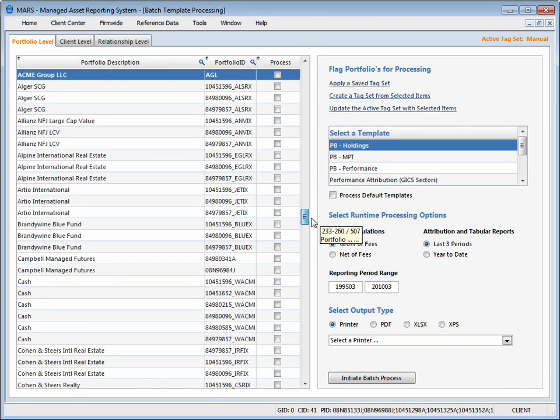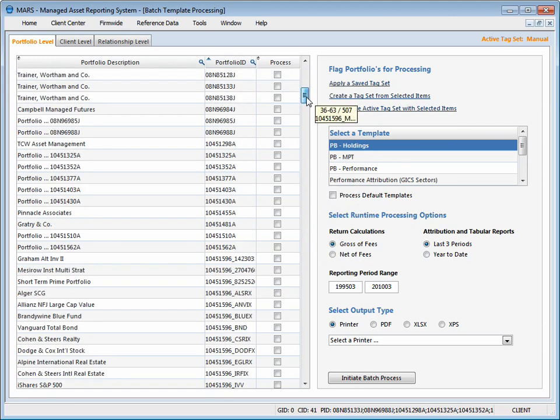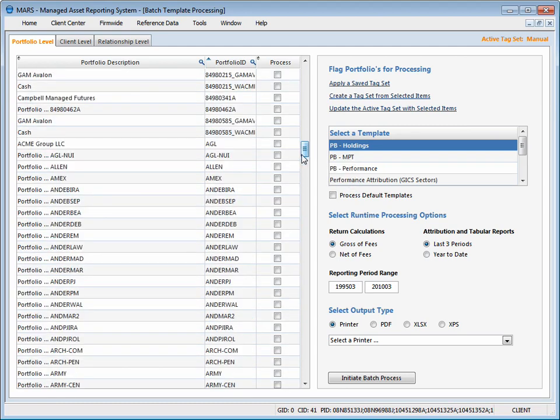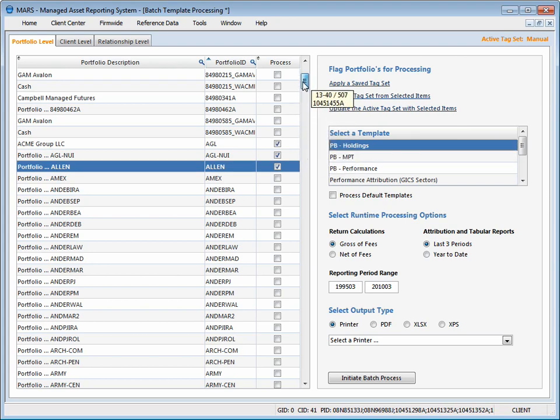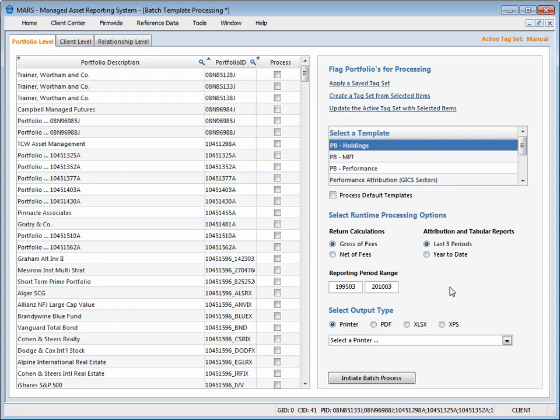and I am going to create a, how do I want to do this? I think I want to go down and I want to create a batch with these 3 accounts or portfolios, and I'm going to select holdings as my main template. And I want to take this back up here just to hide some of these account numbers and account names. So what I'm going to do is basically I'm selecting the holdings report to come out for all tagged clients,